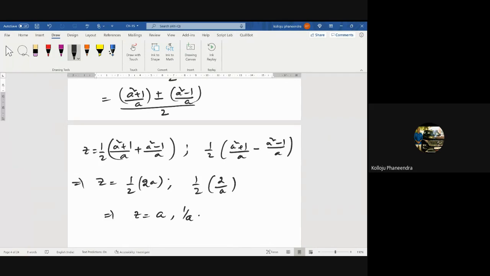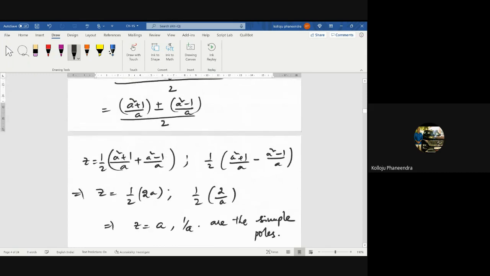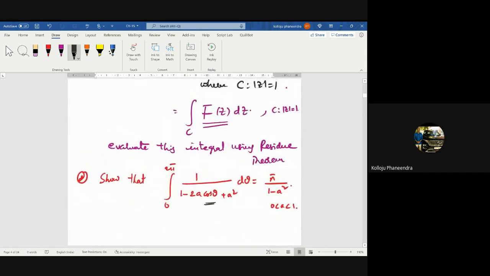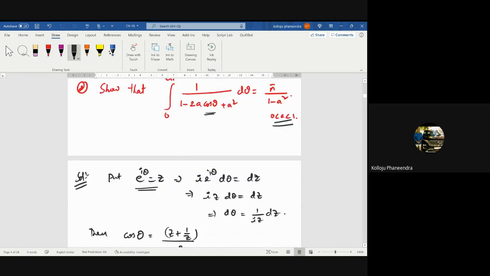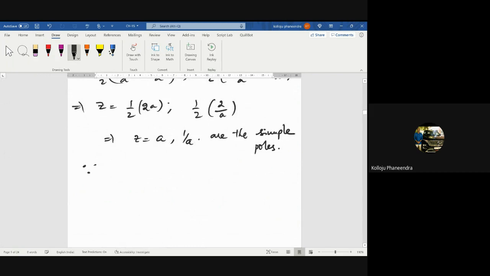a and 1 by a are the singularities, and they are not repeated. Therefore these are simple poles. These are simple poles. And clearly in the problem, all of you remember, I have given one condition. What is that? 0 less than a less than 1. Okay, that is important. Since 0 less than a less than 1,